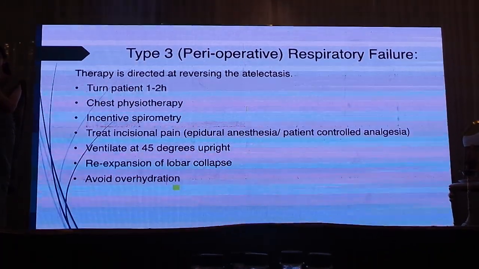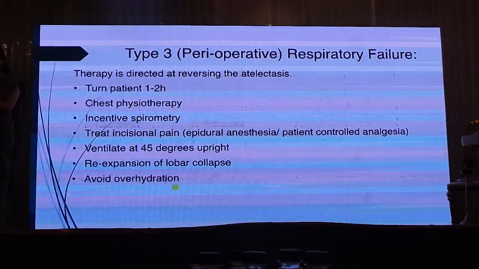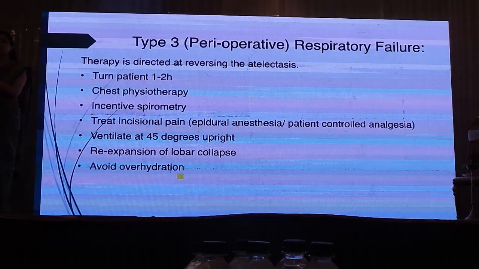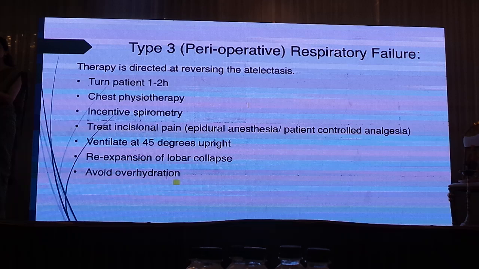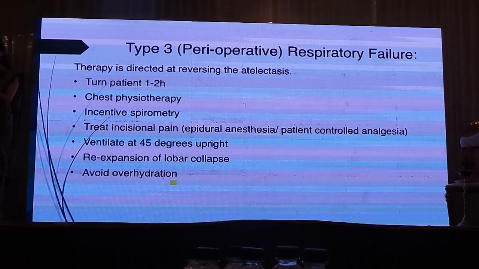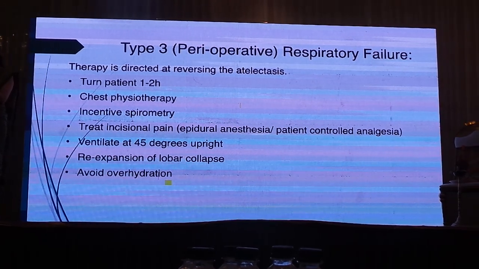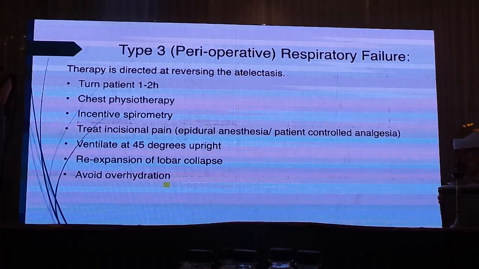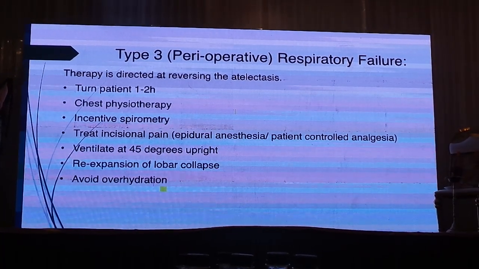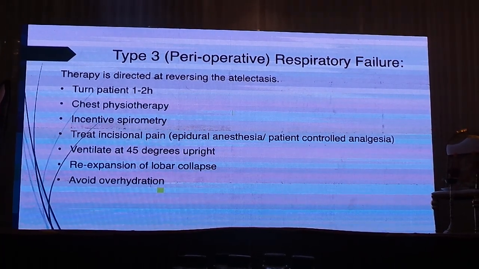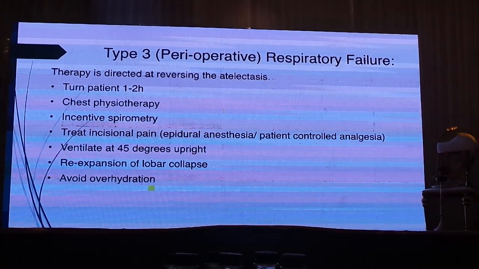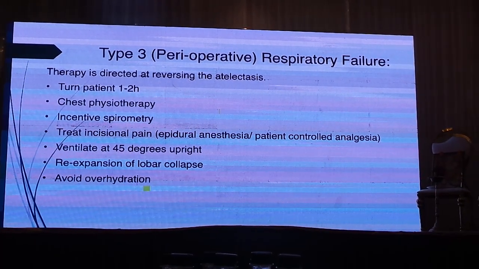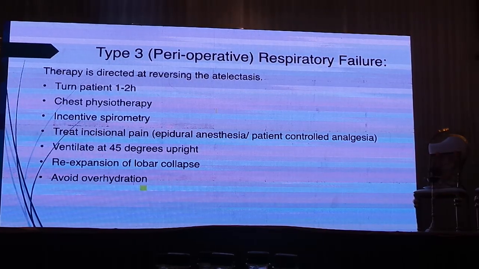So in brief, if a person is having type 3 respiratory failure, you can turn the patient every 1 to 2 hours into a different position to take care of all the lung areas, chest physiotherapy, incentive spirometry, treat incisional pain. It is very important because pain, especially for upper abdominal incisions, will hamper deep inspiratory efforts and coughing. The patient should be kept 45 degrees upright in the bed, re-expand lobar collapse, and avoid overhydration so that the person does not land up with